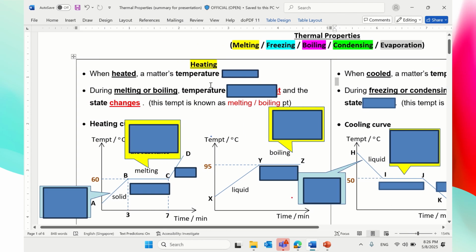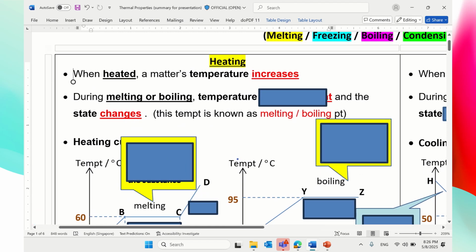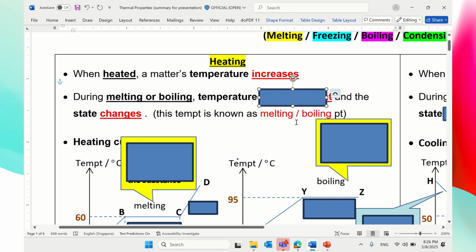When heated, a metal's temperature increases. Okay? And during melting or boiling, temperature stays constant. This is a very important key point, because it says a lot about the behavior of the molecules in the metal later on. So take note, during melting or boiling, temperature stays constant, it doesn't change,